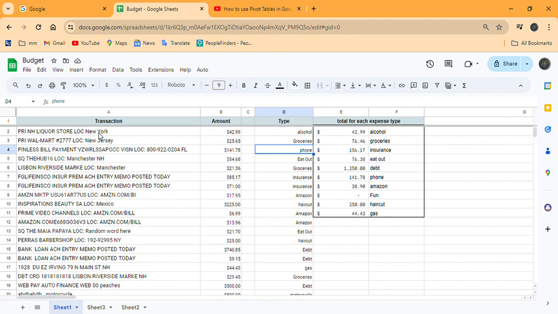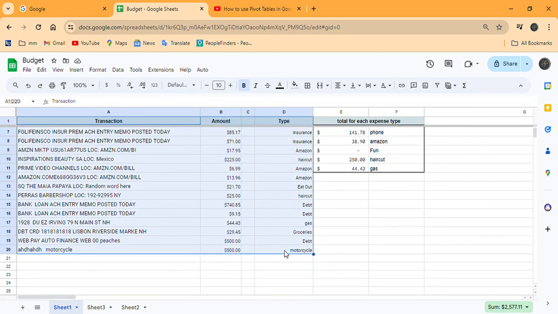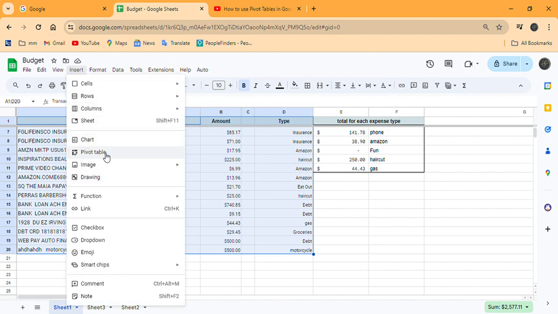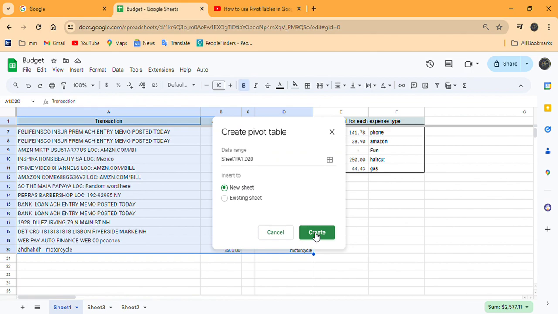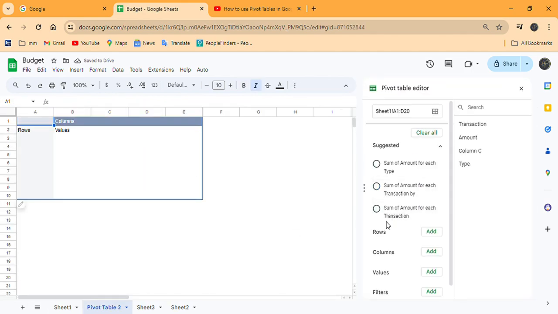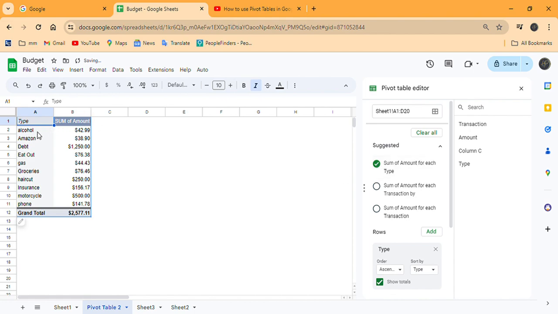To make a pivot table, what we want to do is select all of our columns and include the headers, and make sure you include your entire data set. We're going to go to the Insert button, drop down to Pivot Table, create a new sheet, and now we can organize this data either using the suggestions or by creating our own. What we're looking for is the sum of amount for each type. So this will now give us the different types of expenditures that we're making, and then the total for those